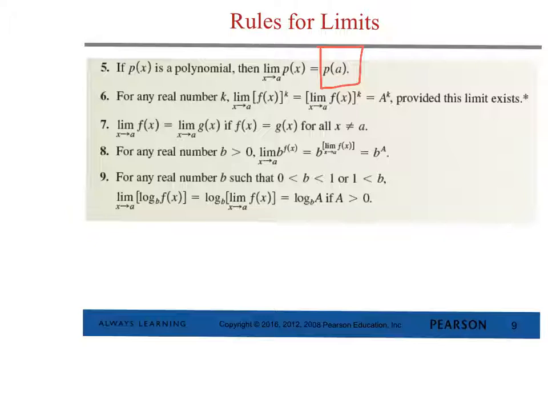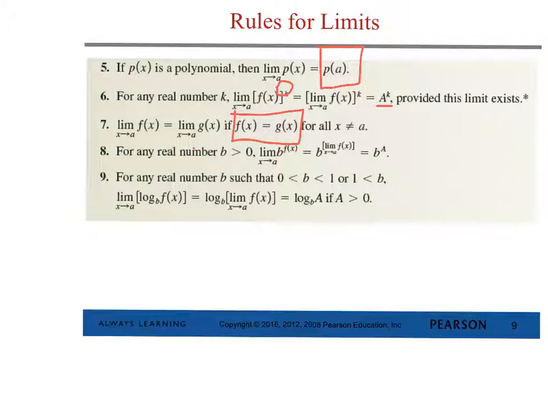This one talks about powers. It says that if you've got a power on a function and you want to find the limit of that function raised to a power, basically just find the limit of the function and then raise it to that same power. And this says that if the limit of f of x as x approaches a is equal to the limit of g of x as x approaches a, that means basically those functions must have been equal to each other. And for any number b greater than 0,